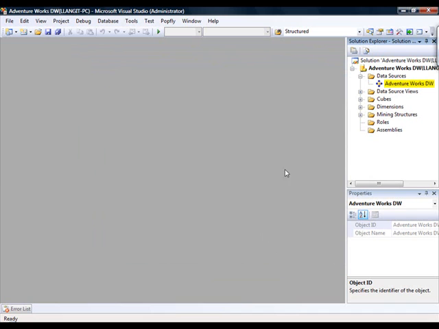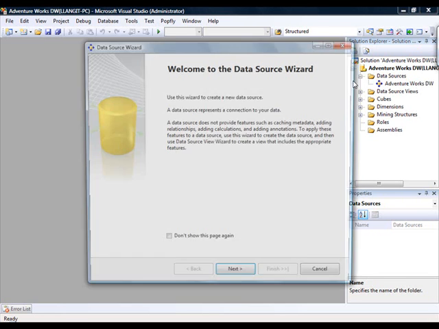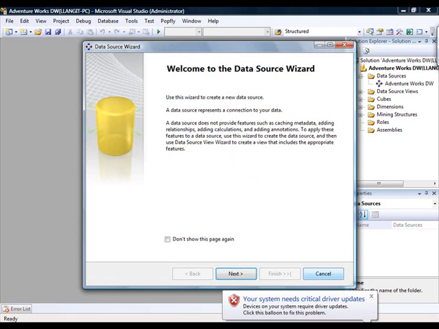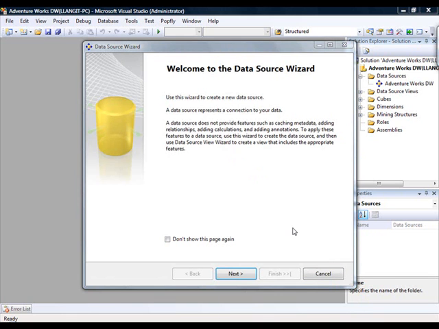If we wanted to make an additional data source for this analysis services project, which includes data as sources for both cubes and data mining models, there is not a capability to create a data source for data mining models only or cubes only. It's for both. We would simply right click and then click on New Data Source, and that would open up the data source wizard. As we work our way through BIDs, you'll see that this is a familiar design paradigm that will occur over and over. And the wizards are